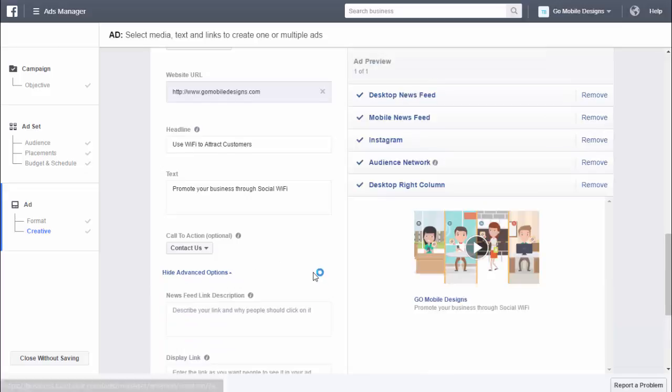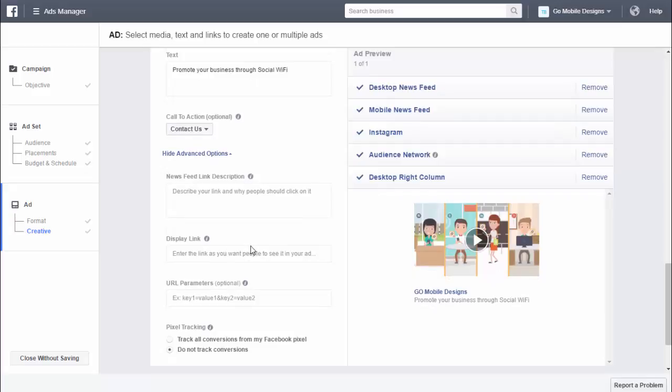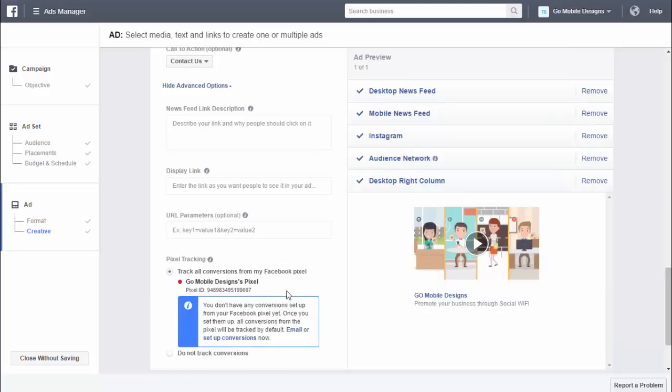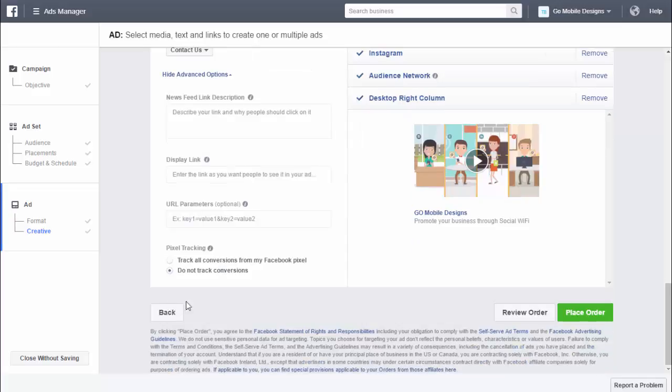Here we have some advanced options. We can do a link description if we like. We can do a display link. We can do pixel tracking. And we'll want to track all conversions. Now, to do this, you have to set up a conversion pixel. However, we do not necessarily need to do that in this instance, but you'll set up a different conversion pixel,